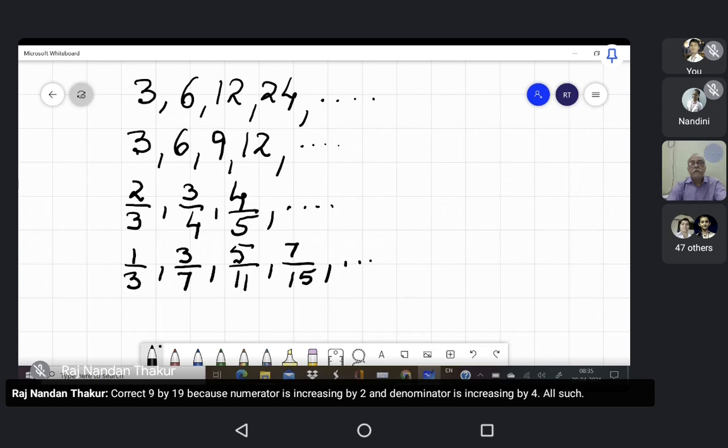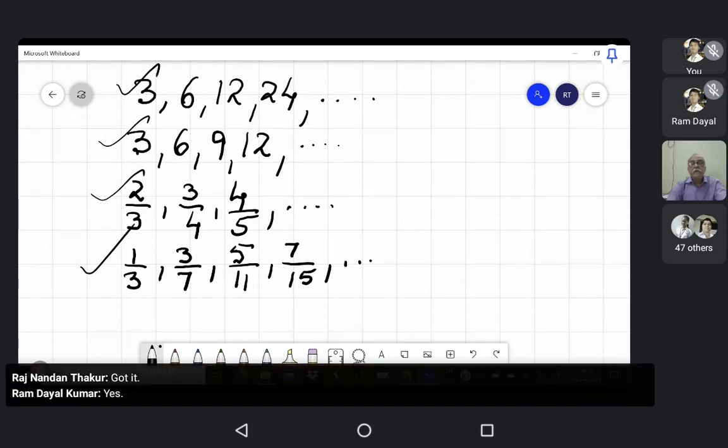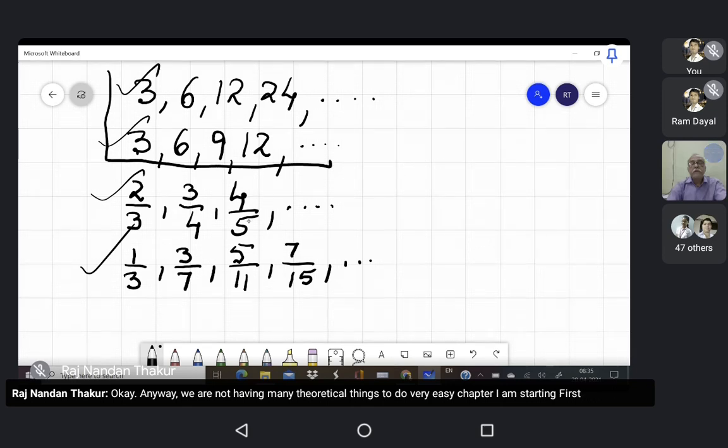All such series of numbers are called a sequence. Okay? Yes, sir. Got it? Anyway, we are not having many theoretical things to do. Very easy chapter I am starting. First two are of a special type. Please